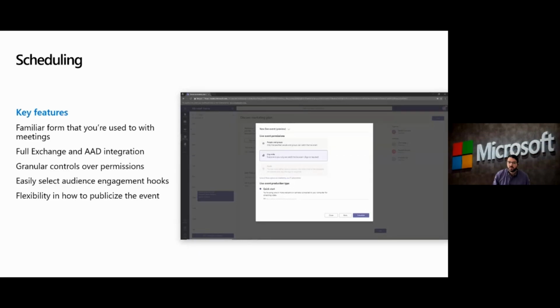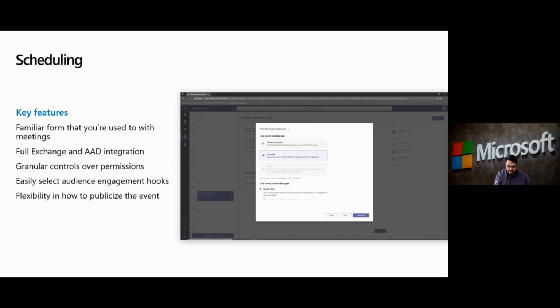The difference is we have a couple of key things that help differentiate it. One is your live event permissions, right? Your ability to have specific people and groups that can attend, making it organization-wide, or, in the case of what we're doing today, making it public. That gives you the ability to choose your audience, who's going to use it.